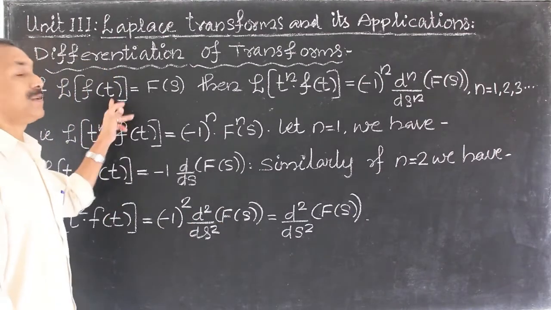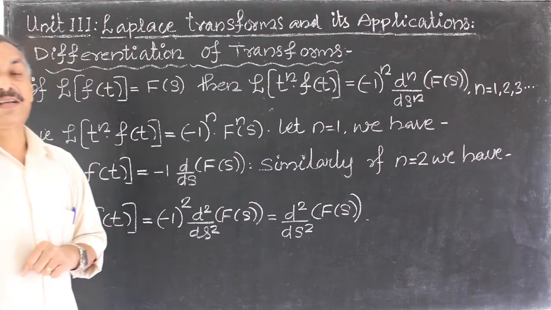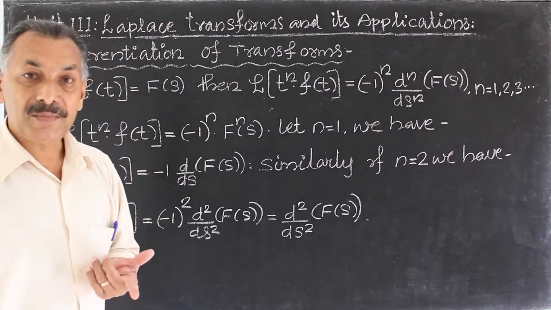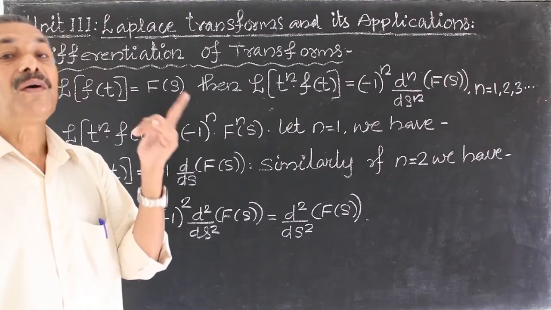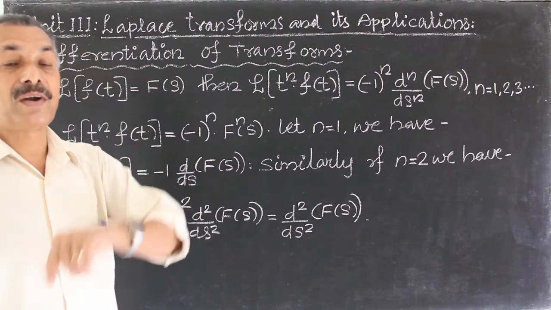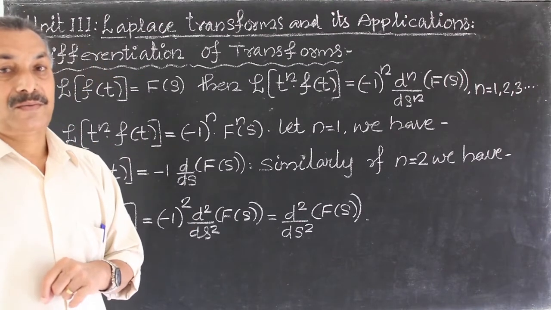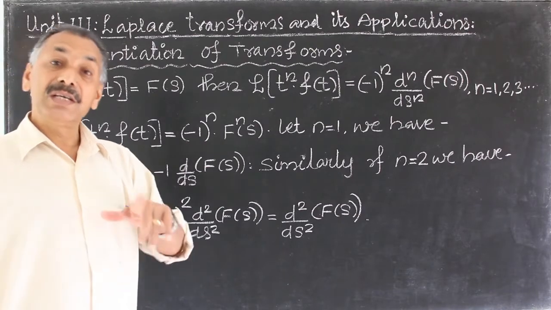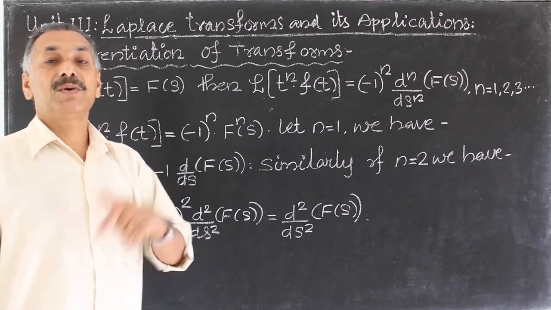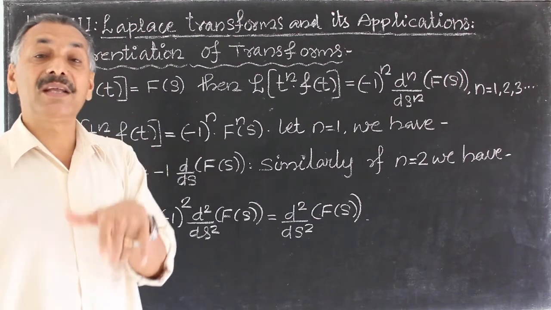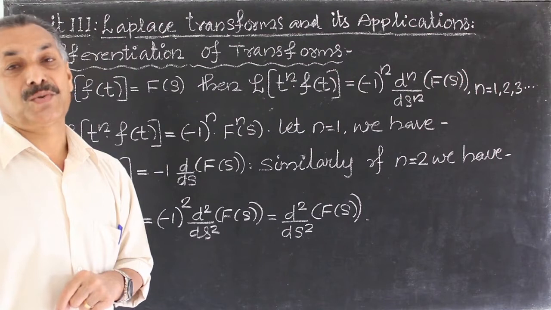Now, for example, f(t) is equal to sin at. Then what is the Laplace transform of t sin at? T into sin at is equal to minus 1 into derivative of F(s). F(s) is the Laplace transform of sin t, which is 1 divided by s square plus 1. Then minus 1 into derivative of 1 divided by s square plus 1. For t square into f(t), t square into sin t, it is minus 1 square into second derivative of 1 divided by s square plus 1,